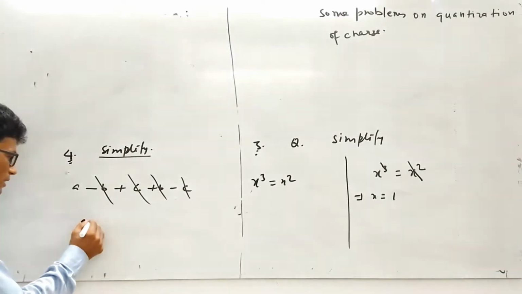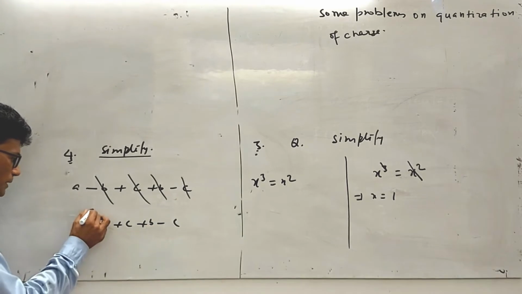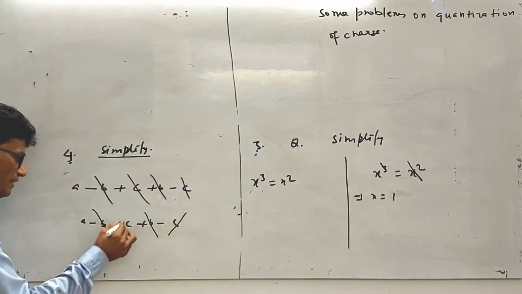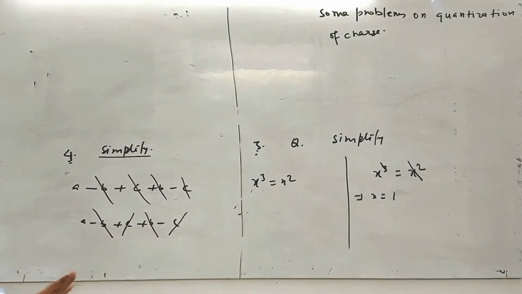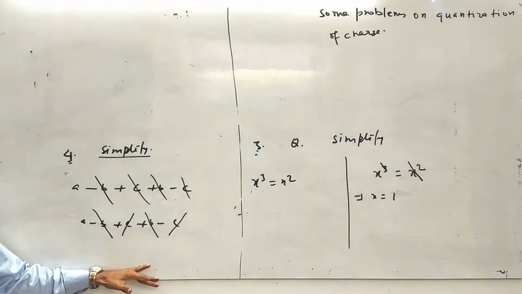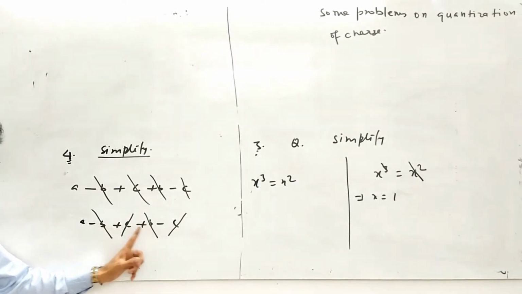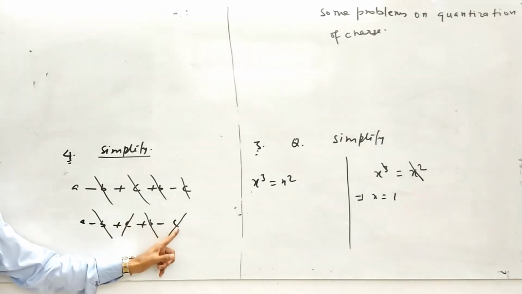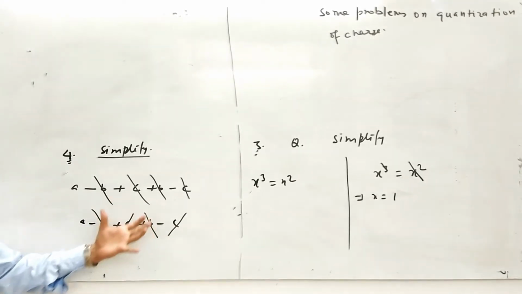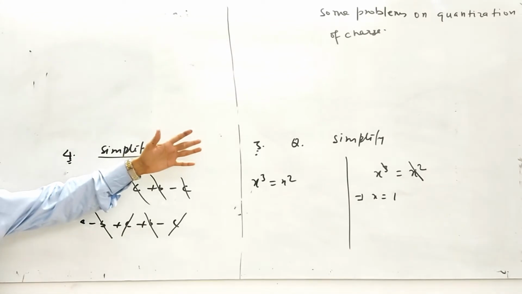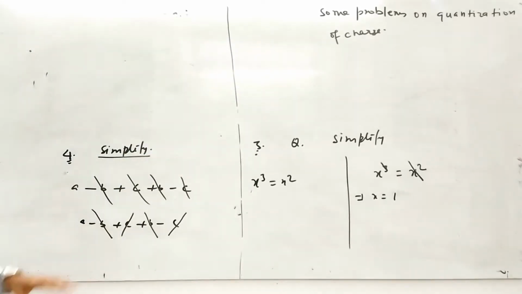So here a minus b plus c plus b minus c. So b is cancelled like that and c is cancelled like that. Now any examiner can easily see that minus b is cancelled by plus b and plus c is cancelled by minus c. So this is the art of calculations. We will see more in the course of mathematics or higher secondary physics. Okay, so these are the things.